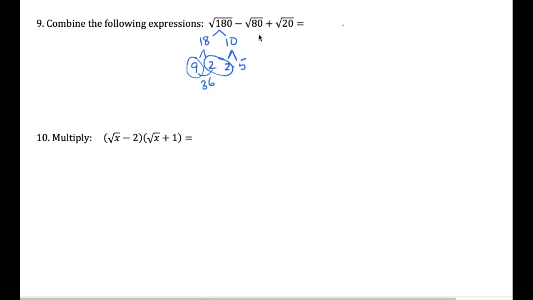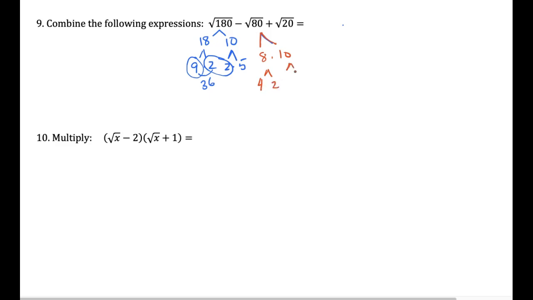All right, so let's do 80. So 80 is over here. I'll do it in a different color so you can see that I'm doing something different. 80 is going to be, let's try 8 times 10. And I'm not grabbing on to the perfect squares right away just because I know not everybody sees them. So I'm going to show you a way to just start randomly factoring things and finding the perfect squares. So I get 4